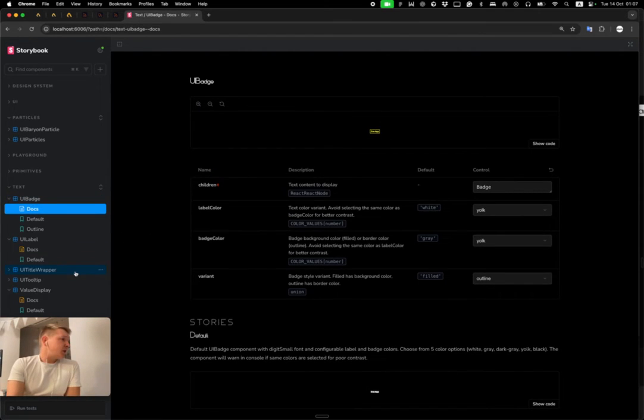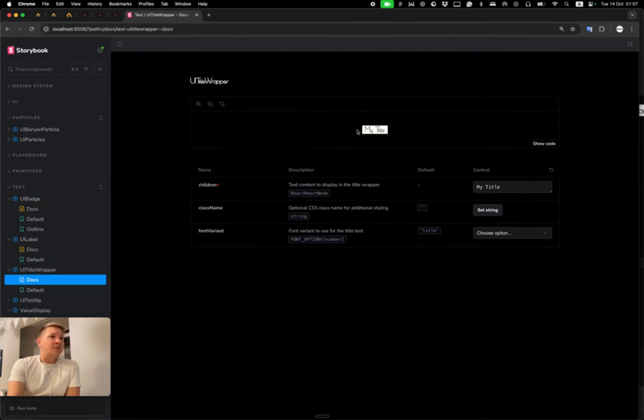Page is a simple thing. Title wrapper, just a regular thing that I don't even allow to control my font, because the title will always be shown in this font type. So I'm making my pieces from lower ground to higher in hierarchy, and understanding obviously this UI title wrapper, reusing this UI label inside of it.